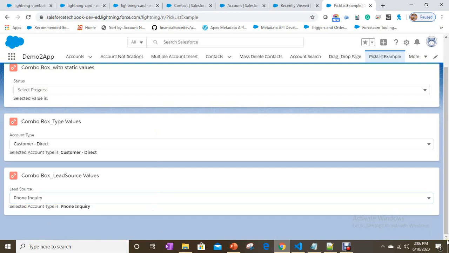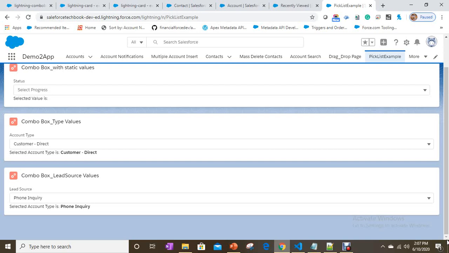Now what we are going to learn is how we can prepare pick list options from Apex. So when do we need this? Here we know how to prepare options with static values and with the pick list values from pick list fields without Apex, but when do we need Apex?